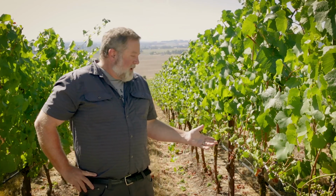So these grapes are just turning color. When will they be ready to pick? Well, here we are at the end of August, and we see color change happening maybe 10 to 15% through what we call veraison, or essentially color change. And I would expect that we'll be picking these grapes in that first to second week in October,